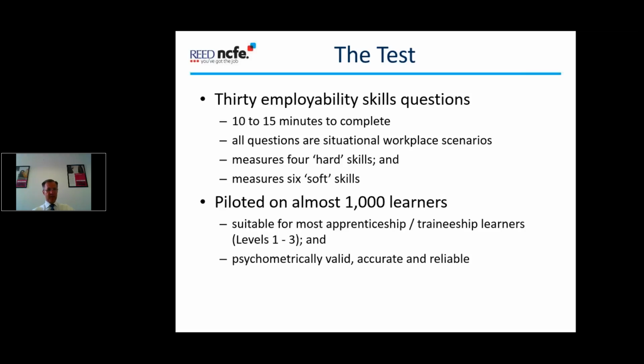And lastly, we wanted to make sure that we could call this a psychometric test. Now, why is that important? Well, this is an occupational psychology thing, and I'm not an occupational psychologist, so I'm not really qualified to talk about this, but the key things that the criteria they look for is whether the test has validity, accuracy and reliability. All of those 3 words mean something slightly different, but for me, as a non-academic, for me, the